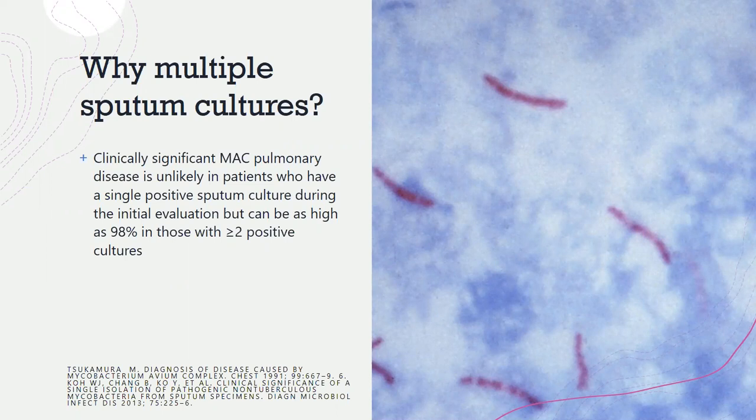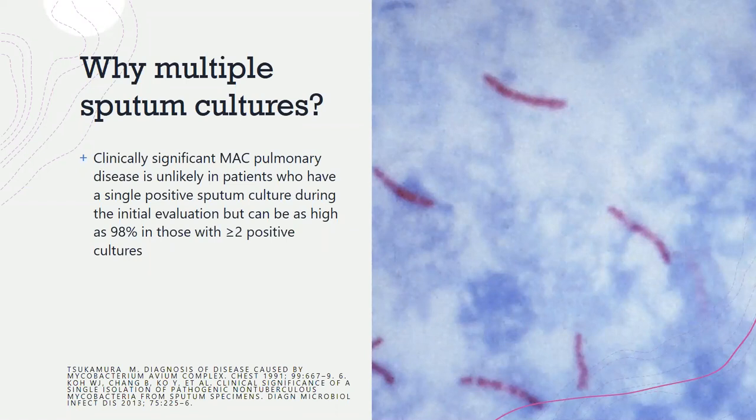And of course, they have to be the same subspecies. So if it's Mycobacterium avium, you want to have that grow again. If it's Mycobacterium abscessus, that has to grow again as well to establish diagnosis of the disease. Given the slow course of NTM pulmonary disease, we usually have a prolonged interval between the expectorated sputum cultures to establish that this is not just transient contamination of the tracheobronchial tree, but this is actual disease that the patient is infected with. So we usually have 3 respiratory samples taken over an interval of at least a week to